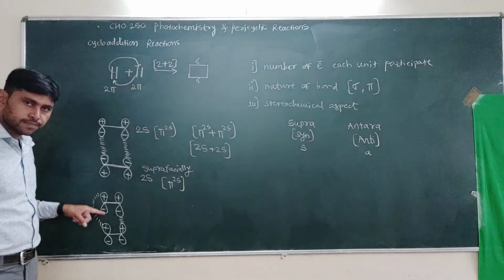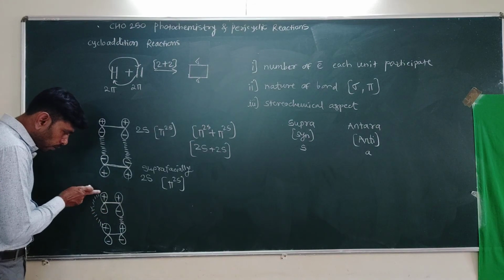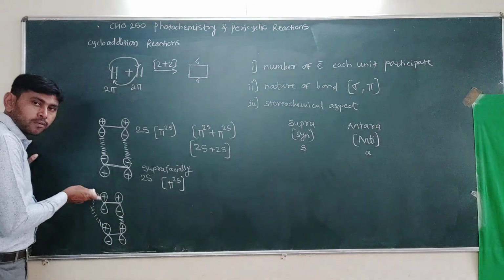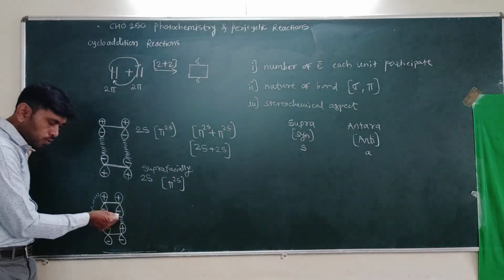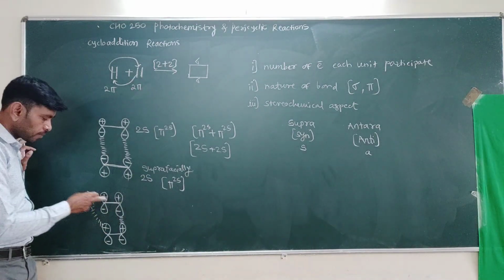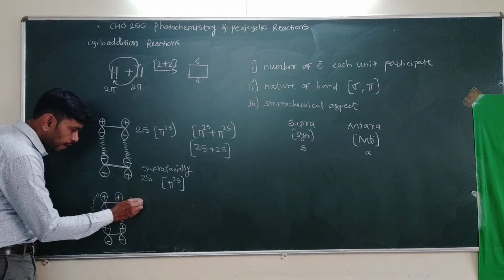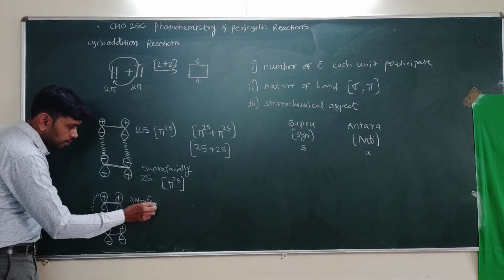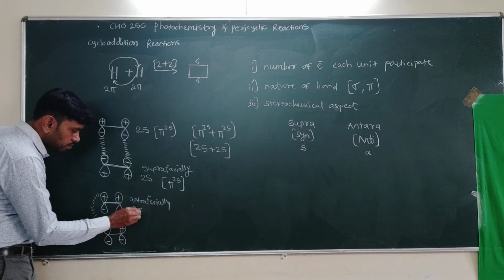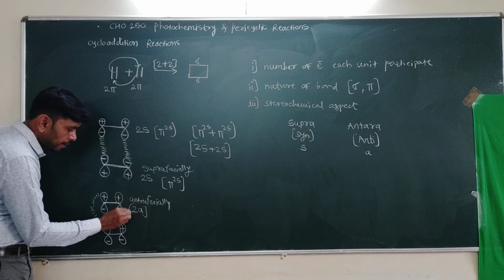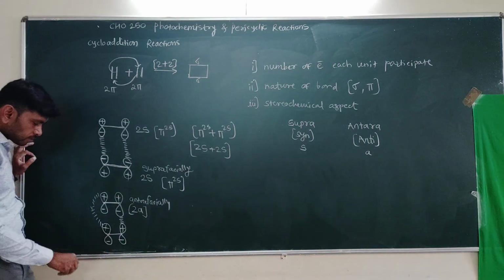Now look at this. Look at the above orbital. In this orbital, one lobe is utilized from the above side, above the plane, and this other lobe is utilized from below the plane. So one above the plane, one below the plane, that is antifacially. So it acts antifacially. That means this 2 pi electron system acts antifacially. So 2a.